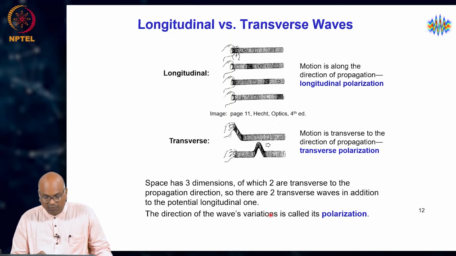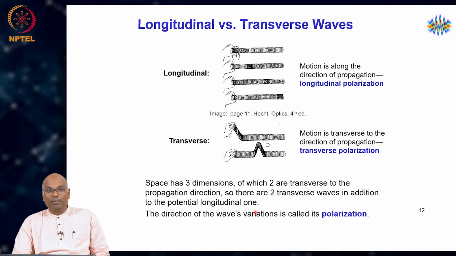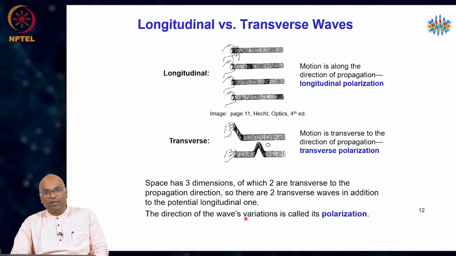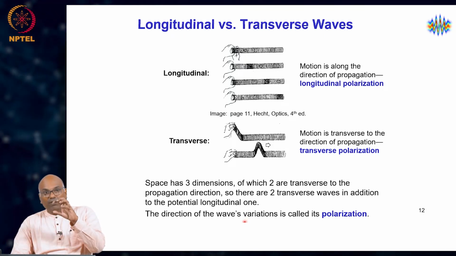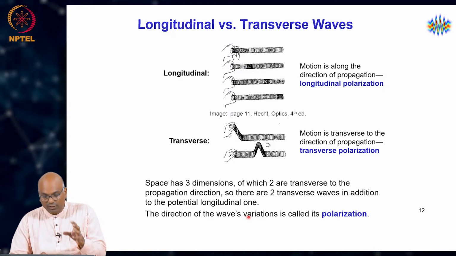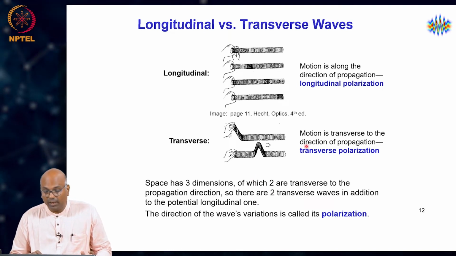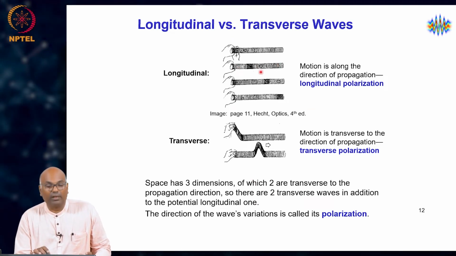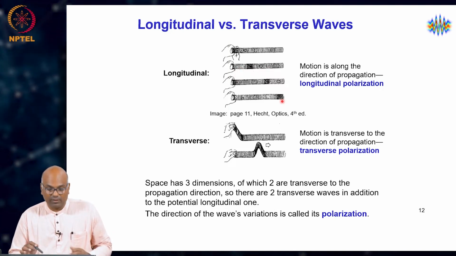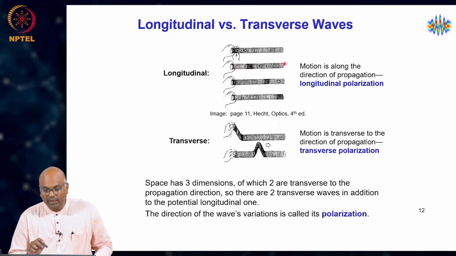The direction of a wave's variations or undulations, or sometimes even called vibrations, whatever it be, is essentially the direction in which the amplitude of the wave, which goes in as the f part of the wave function, can, in the case of a vectorial equation, be along the propagation direction. Like in the case of this slinky spring, the compressions and rarefactions, which is how sound propagates in a medium, would then be a